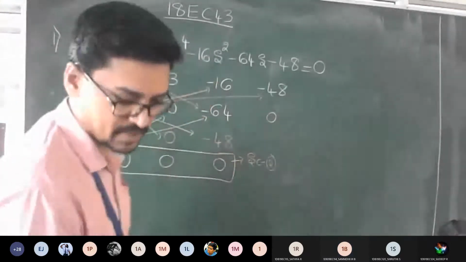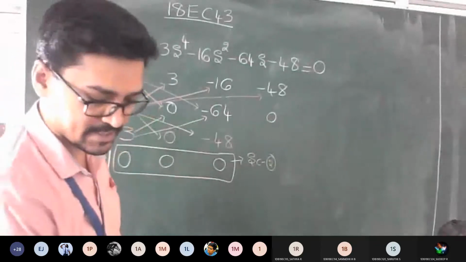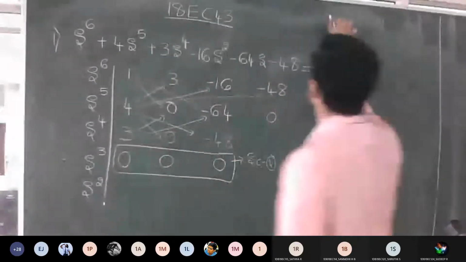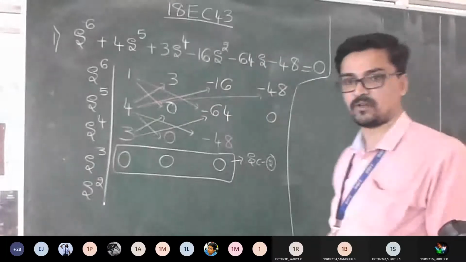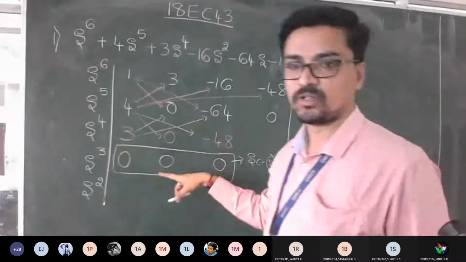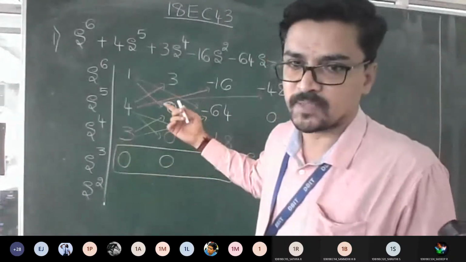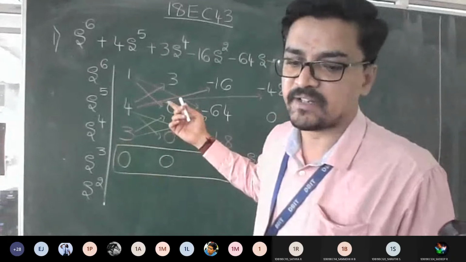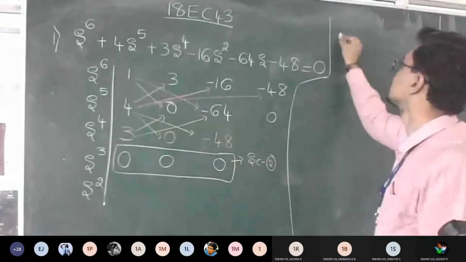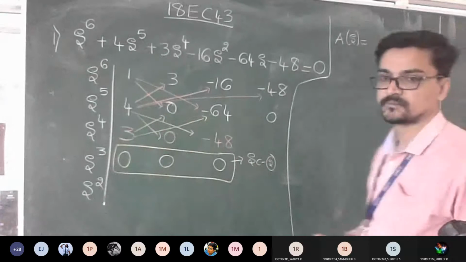So you need to apply your special case 2. I hope you remember the procedure, right? How to apply special case 2? Let me write that aside. So special case 2, guys. Is it visible, what I'm writing? What is the procedure I told? Whichever complete row you got 0, above that row you're supposed to write an auxiliary equation. The denotation is A of s equals.